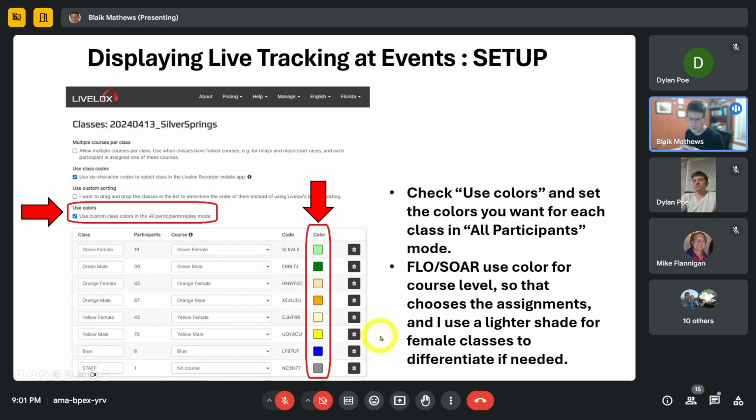And whatever colors you settle on, I highly recommend that you kind of pick a set and settle on a standard so that event after event after event, the colors mean the same thing, regardless of which event they're at. That way people can learn to read the display more quickly. But as you can see here, we're using the old school color naming system, green, orange, yellow, blue, and the